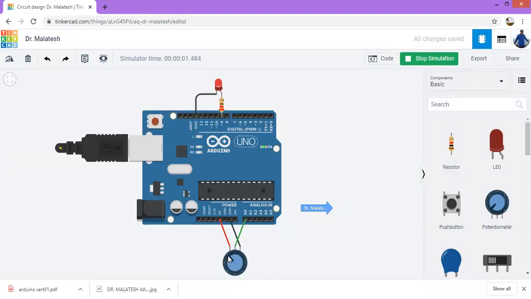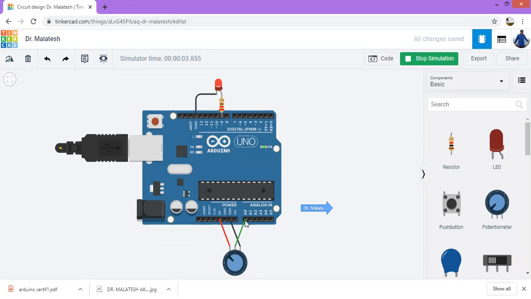You can observe how this potentiometer is connected here. One end terminal of the potentiometer, either terminal 1 or terminal 2, is connected to 5 volts, and the other end is connected to the ground. That means 5 volts is connected between the extreme points of the potentiometer, and the wiper, or the middle terminal, is connected to one of the analog pins.